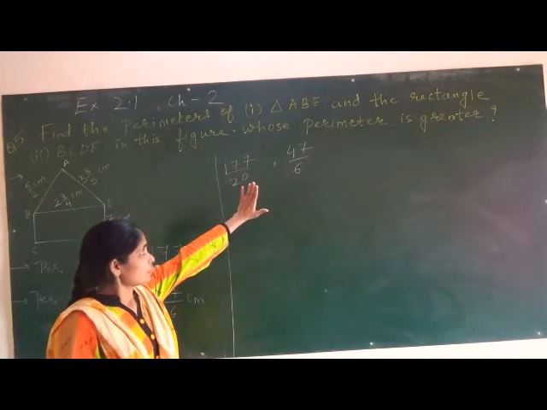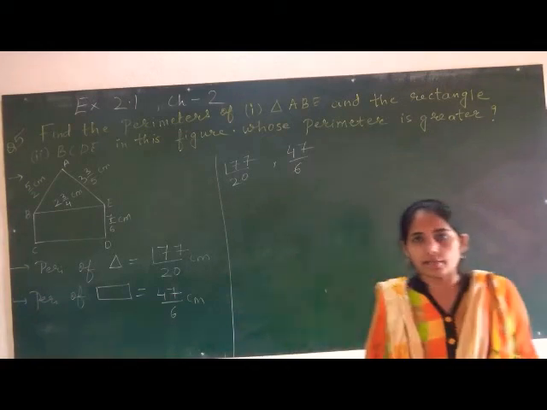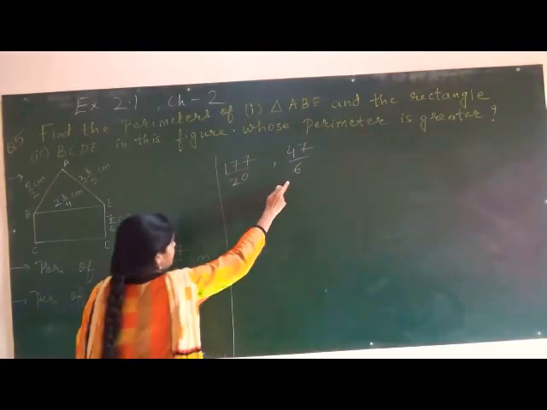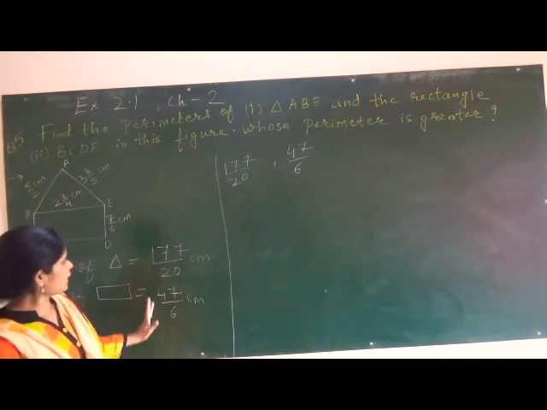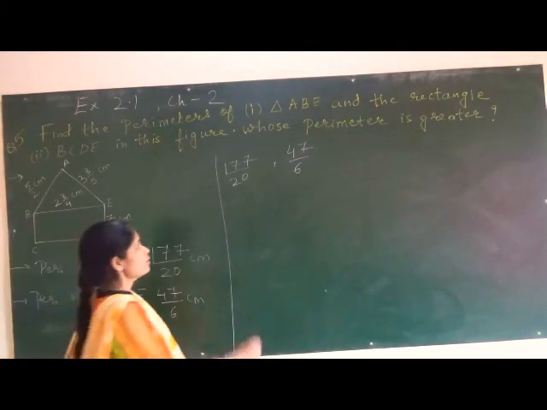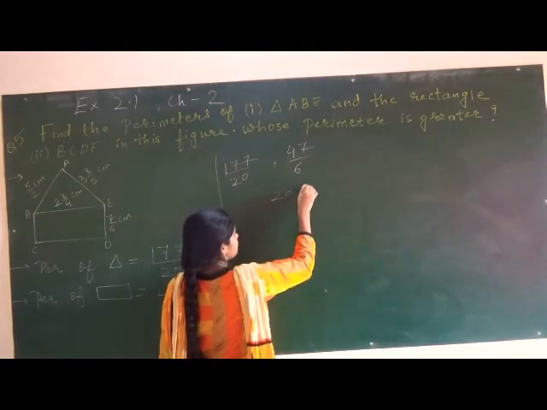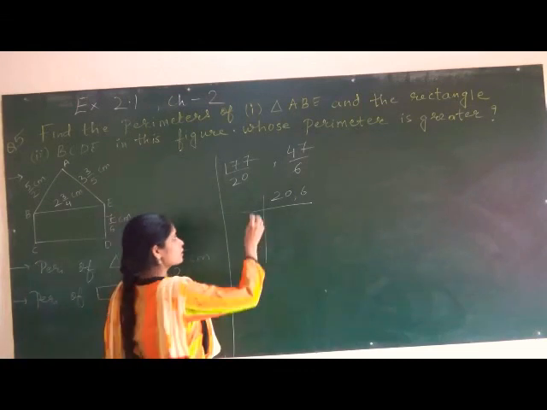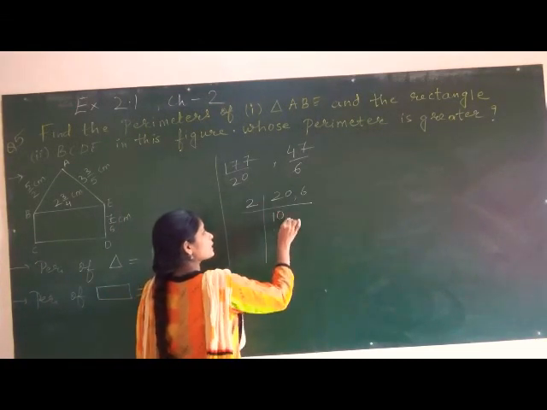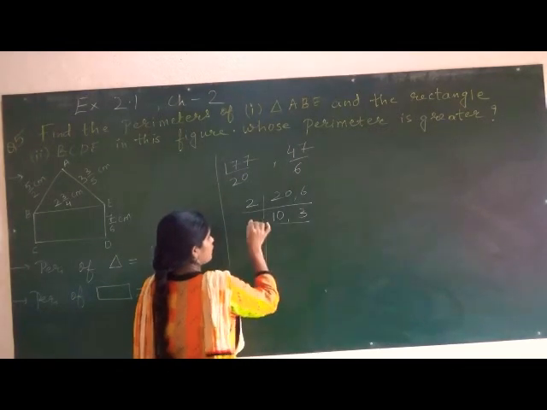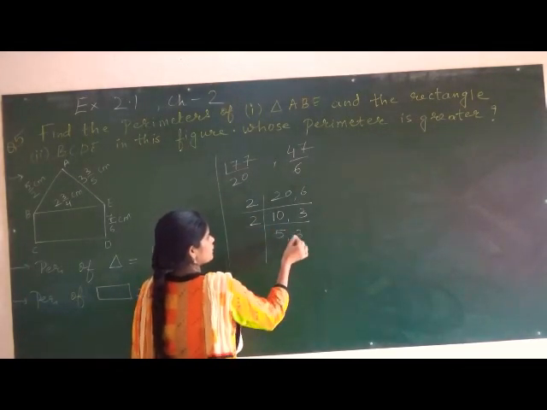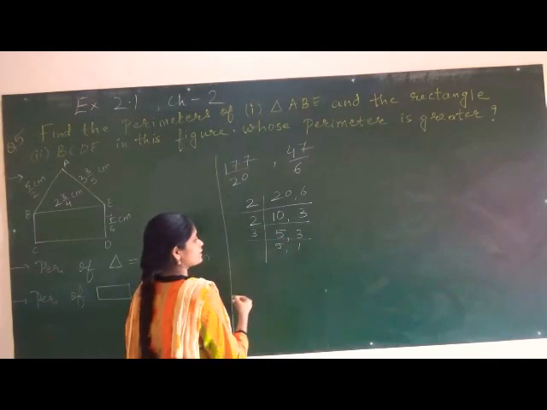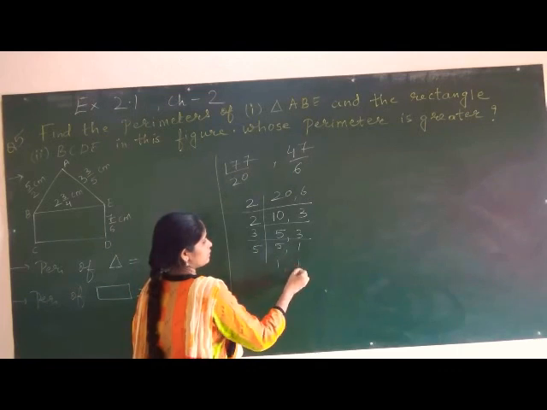Now we need to compare whose perimeter is greater. So first of all, we again have to take out LCM and make the denominators same. So we have to take out LCM of 20 and 6. So we have to take out LCM again to check who is greater. So 20 and 6, we will take out again LCM. So 20 and 6 both are coming in the table of 2. So 2 10s are 20 and 2 3s are 6. Again 2 5s are 10 and 3 as it is. Now 3 1s are 3 and this 5 as it is. And 5 1s are 5 and this 1 as it is.